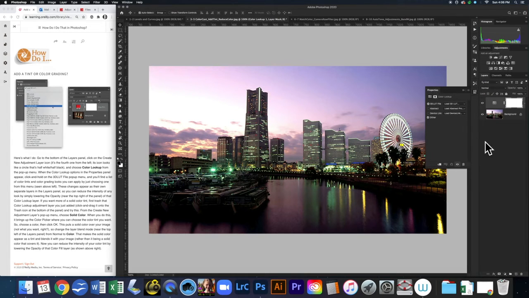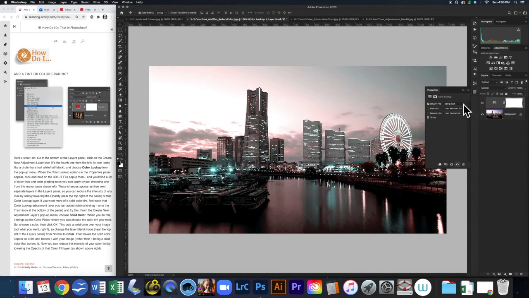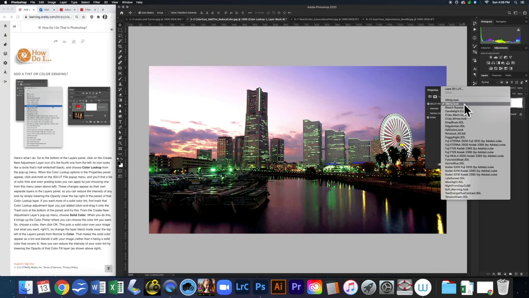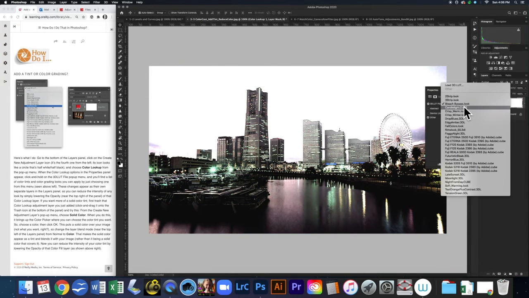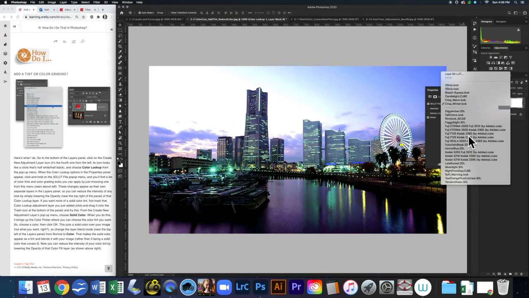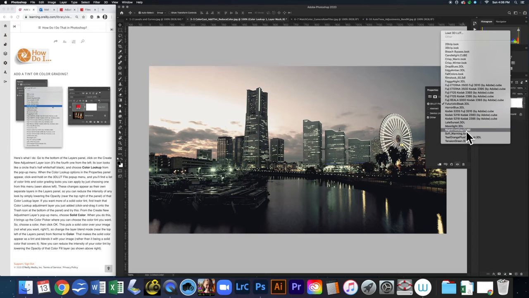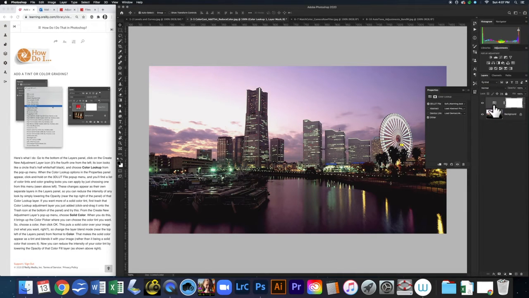Alright, so now we have this panel that pops up. Click and hold on the 3D LUT file pop-up menu and you'll find a list of color tints and color grading looks you can apply by choosing one from this menu. There's all kinds of different looks that you can apply. So feel free to play with it, whichever one you want. Soft warming look. And you can see because we added it as an adjustment layer from down here, it has